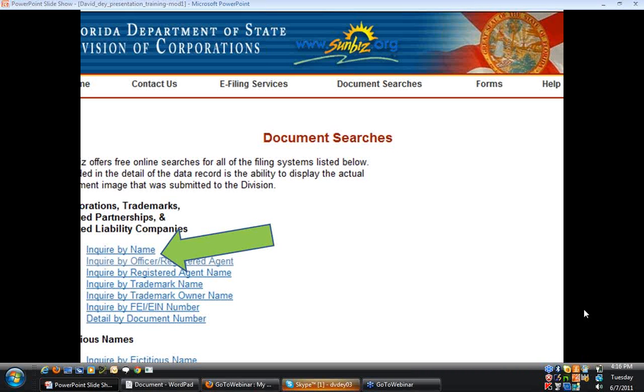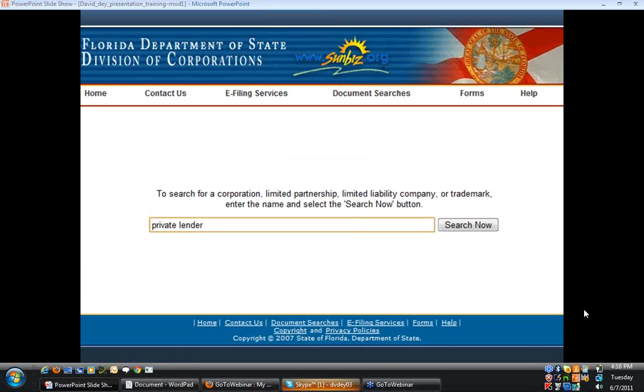Well, the same thing applies to private lenders. Private lenders do the same thing. If they deal with private money, whether they're a broker, whether they're the actual lender, whether they're hard money, they include the word private money or private lender or any variation thereof into their name. So that being said, take a look at this. I went ahead and I searched by name, and I'm doing a keyword search. I'm just going to type in the word private lender into the name search. And when I do,